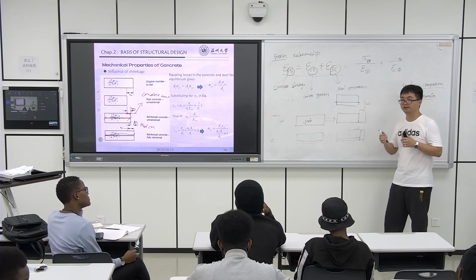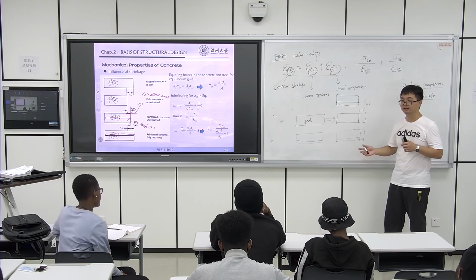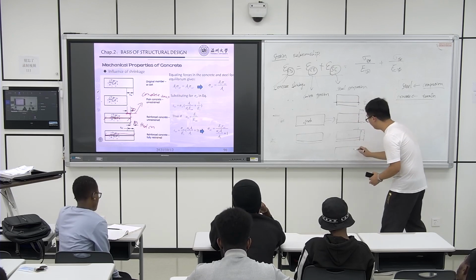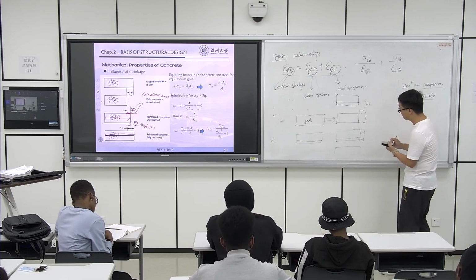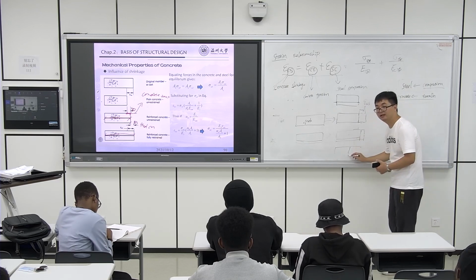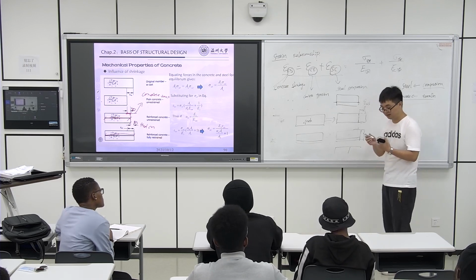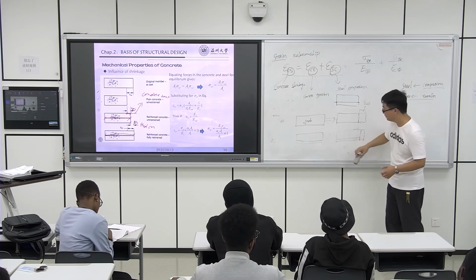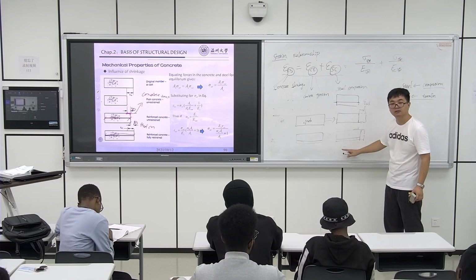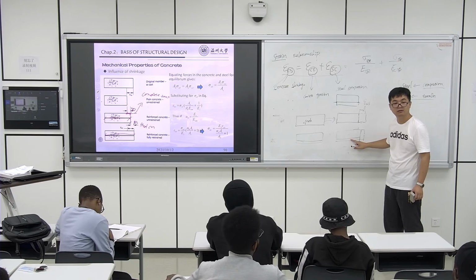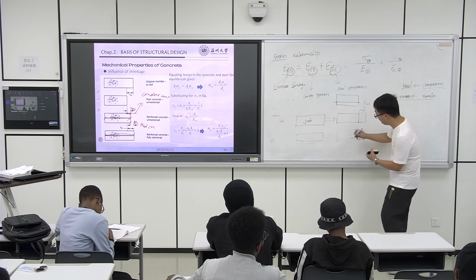stiffer and stronger than the concrete, right? I know what you mean. You mean why the reinforced concrete happens to be here, why not there? No, that's not it. You mean why the steel bar also looks like it shrunk? Yes, why the steel bar is also compressed? Compressed because of, okay,